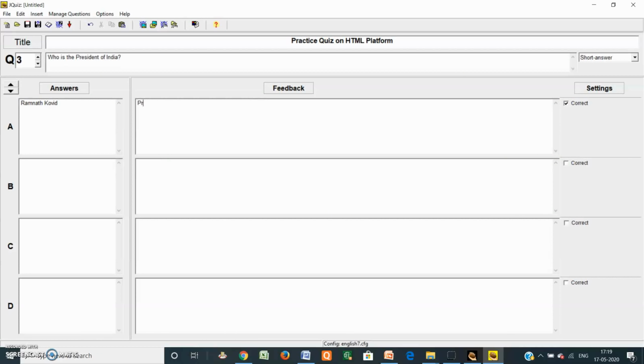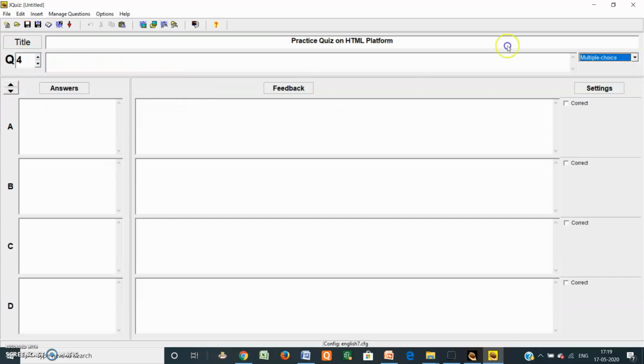I'm writing the same word. Name of, give name of Indian president. Then next, suppose I'm creating, this is the fourth question.